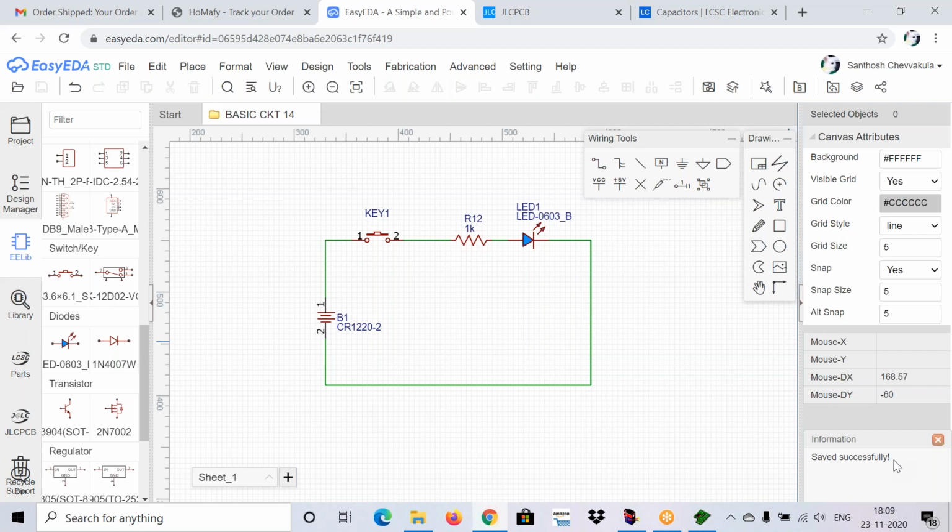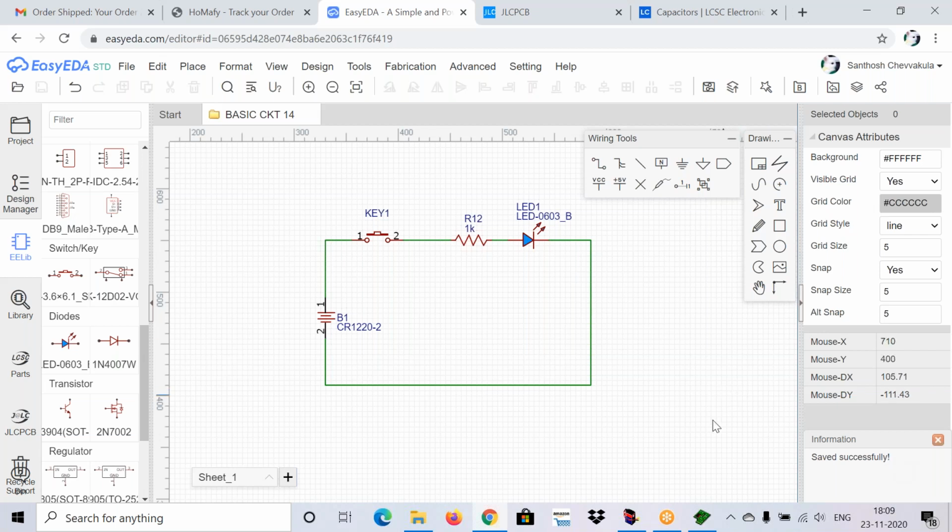I have already told you that whenever you are taking components from the library, if you took a component with no footprint, then when you click on the convert to PCB option, it will not move to PCB layout designing, because without a footprint no component can be converted to PCB.